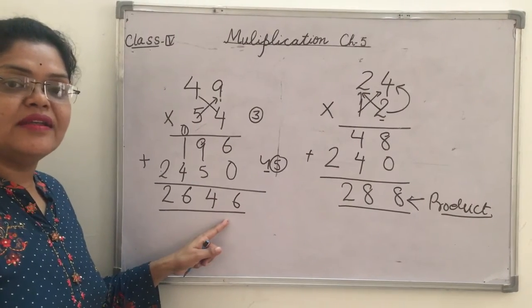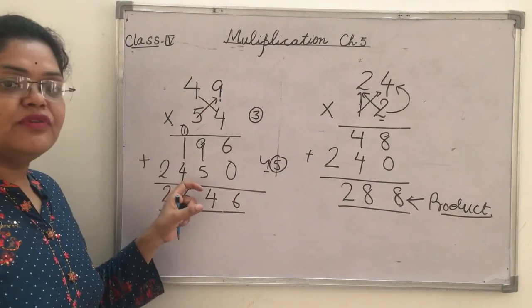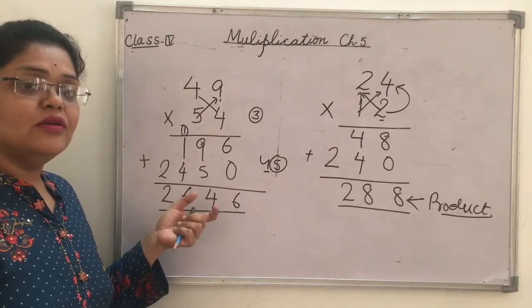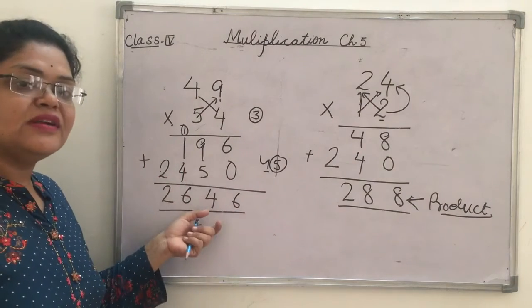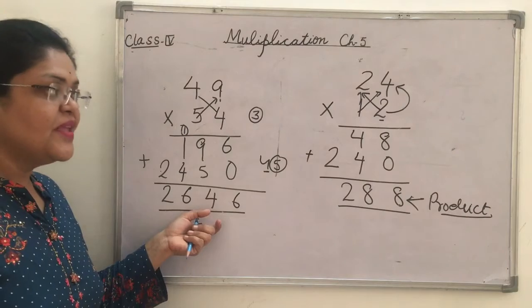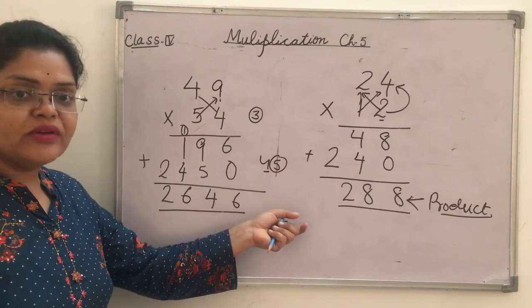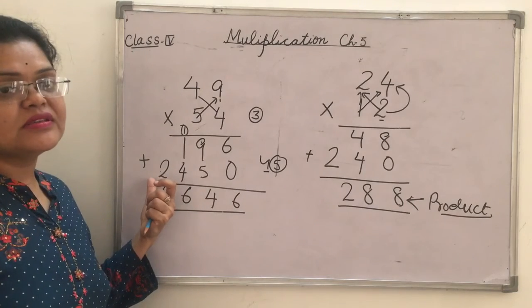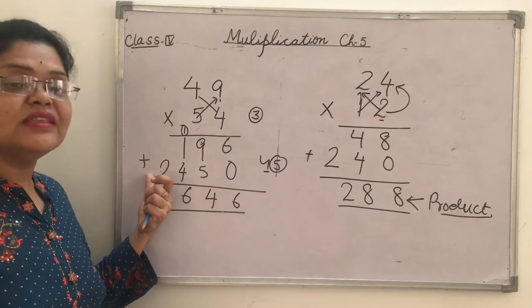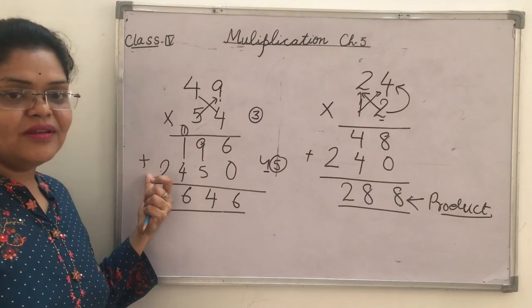So children, we have learned in this video what multiplication is. Multiplication is repeated addition, in which, if we do not add a number so many times, we just multiply and get the answer. Second, we have done how to multiply 2-digit numbers without carrying, and thirdly we have discussed how to multiply 2-digit numbers with carrying. Is it clear to all? Thank you.